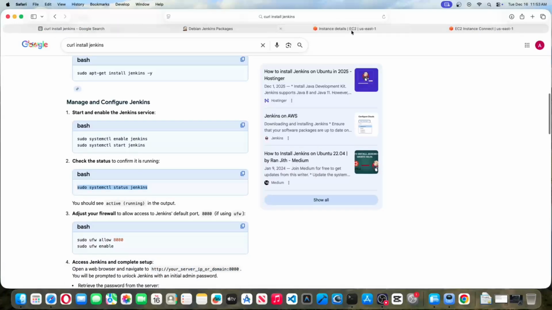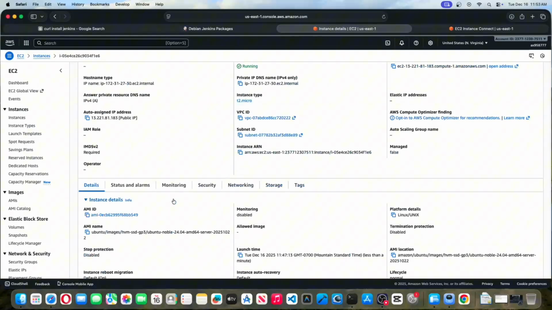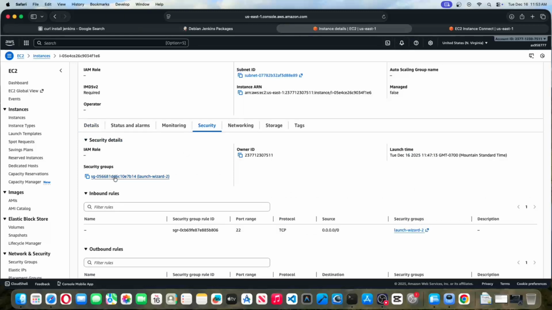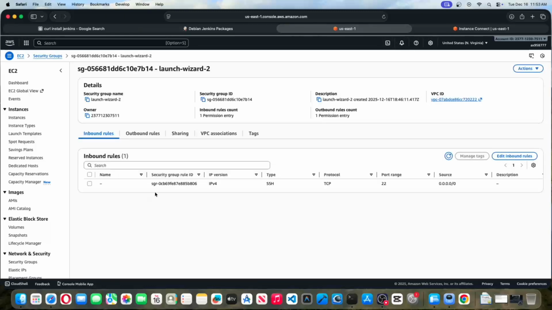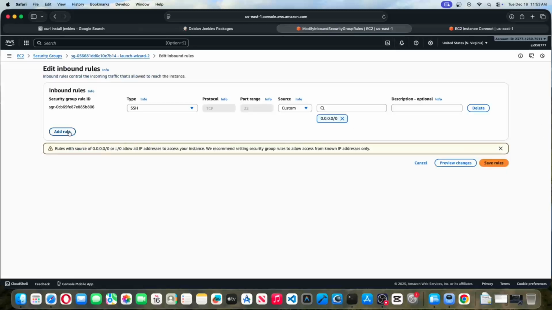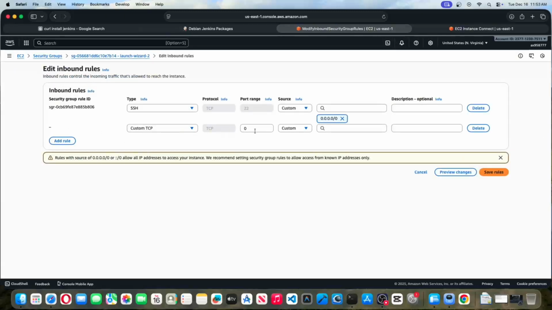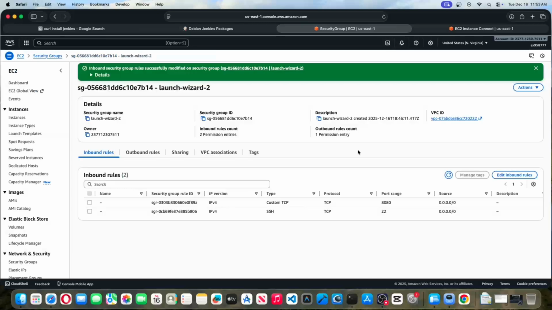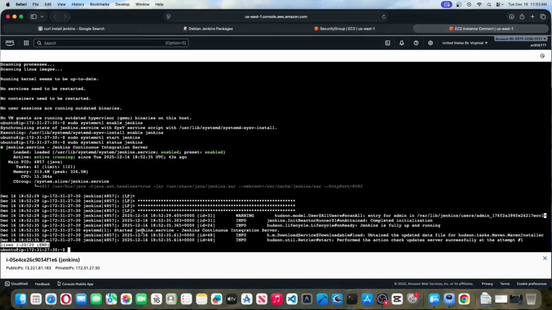So next we can go to our security group. So go to the instance security, and click on the security group and click on edit, add rules, custom TCP. We need to open port 8080 and 0.0.0.0, and we can